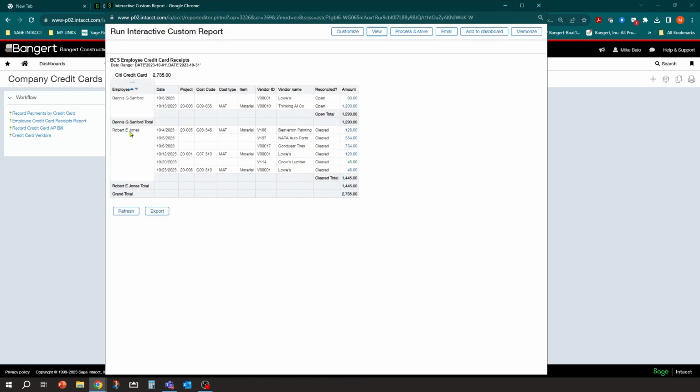You can go through that process and take a look at it. Now you see Robert Jones, they're all cleared now, all those existing transactions, and the total is 145. Yep, that equals what it says on the invoice. Overall, because we have Dennis too, we didn't clear Dennis, but now we can get an overall total for that period. And you can say, yeah, that is the credit card overall total, 2735 for all the employees.